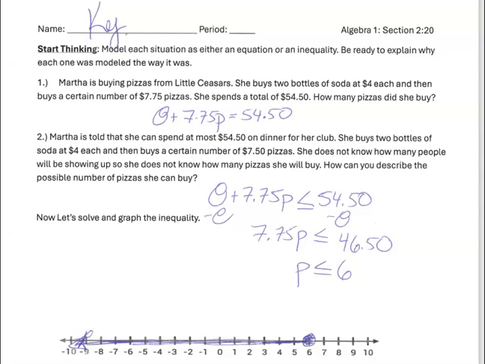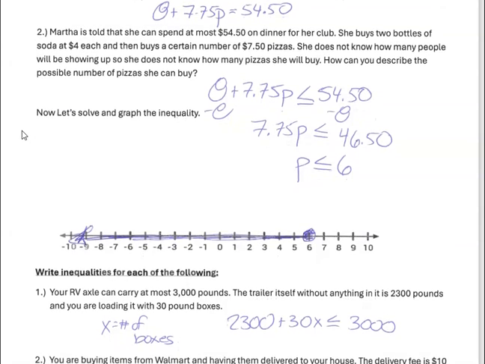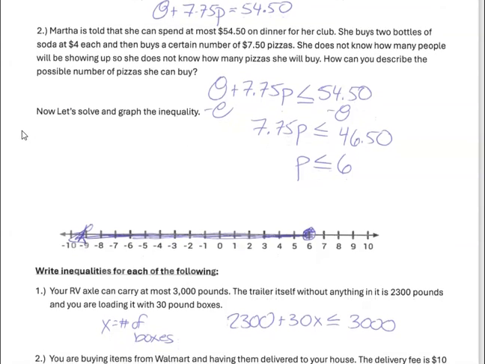Remember, when we solve an inequality, it's just like solving an equation, except you need to switch the sign if you ever multiply or divide by a negative. Now, there are going to be many different solutions that this has. So mathematicians, being efficient, decide that they are going to graph the solutions. So if we want to graph the solutions for p is less than or equal to 6, that means 6 is going to be the number that divides the solutions from non-solutions. So you put a dot at 6. It's going to be a closed dot because it is less than or equal to, meaning 6 is a solution. If it was just less than or greater than, it would be an open dot